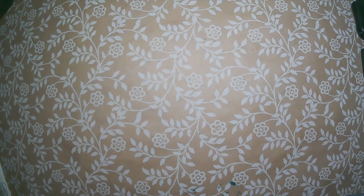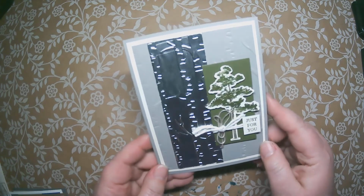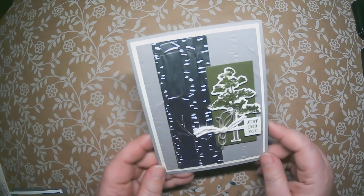So these papers allow us to do lots of fun things, but obviously we can do some different things with them to enhance them, okay, than just leaving them plain. The first technique I want to show you is using the silver metallic paper. And what I did here was I took a strip of it and attached it to gray granite cardstock and